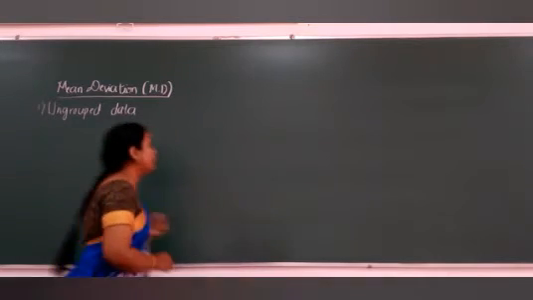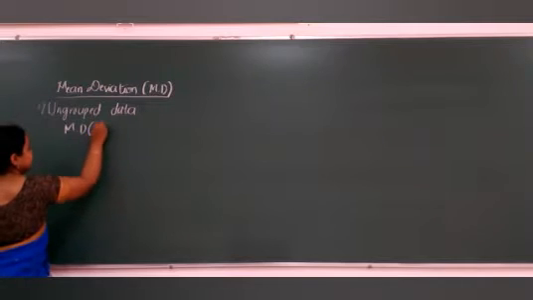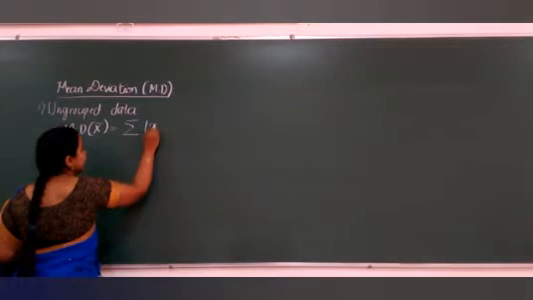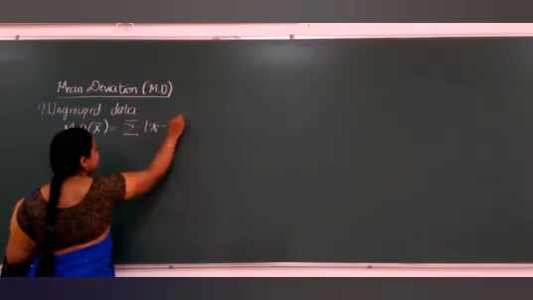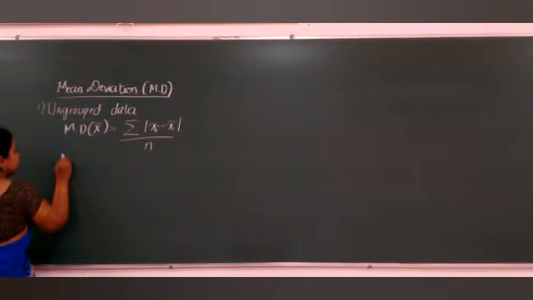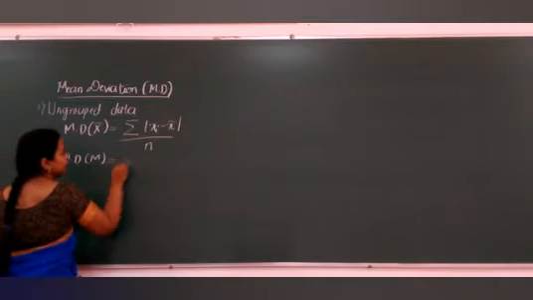Okay, so the formula for mean deviation about mean is equal to, it is sum of all the |xi minus x bar| divided by n. Okay, similarly mean deviation about median is equal to summation